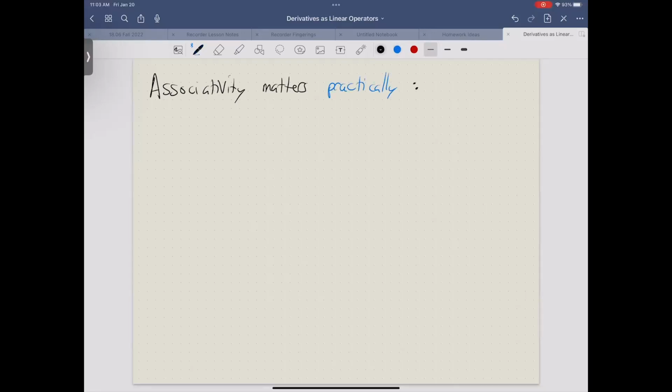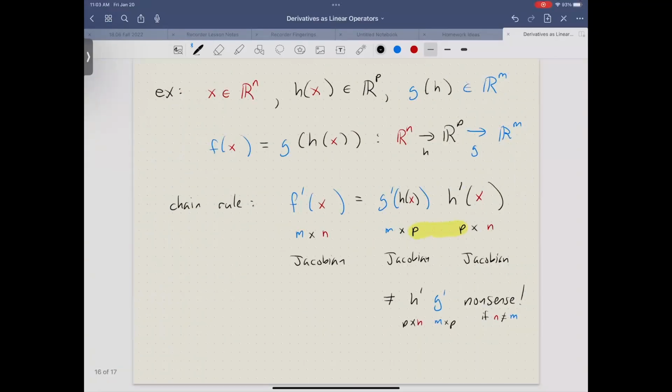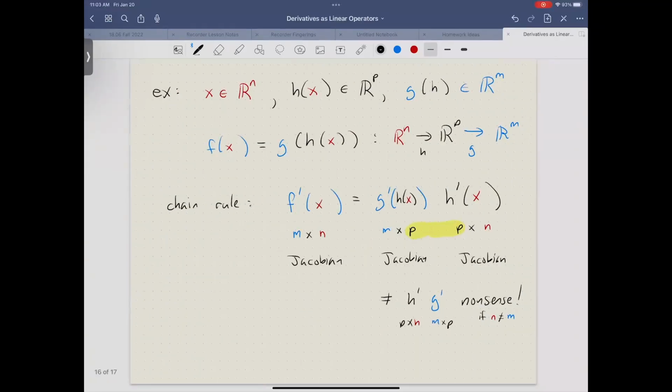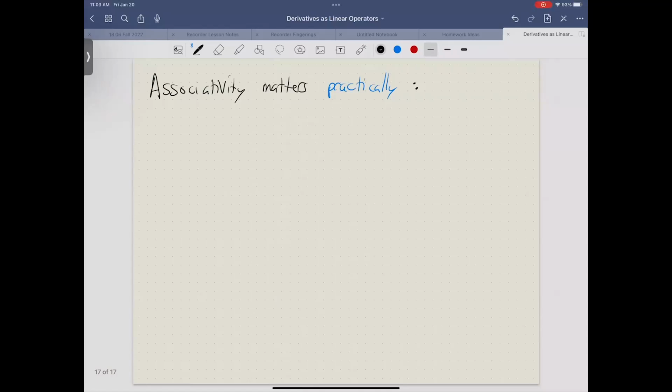Right? And associativity is going to matter where you put parentheses. So here, I'm just multiplying two things. There's only one product. There's only one choice. But suppose we have three functions. Right? So now suppose we have f of x